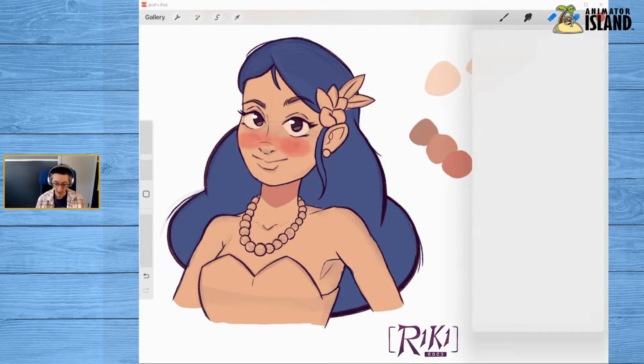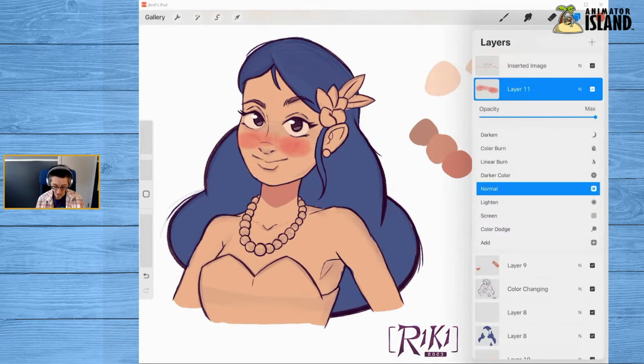We can, using digital art, change our layer modes. So we have things like darken and multiply and color burn and all sorts of things. This is another area where you get to experiment. You can go ahead and add something, and then you can go through this long list of different effects, and you can see if any of them work well or don't work well, or you like or you don't like, and you can play with stuff. And you can always go back to normal if you want to get back to where you were. But this is another opportunity for you to play with things.